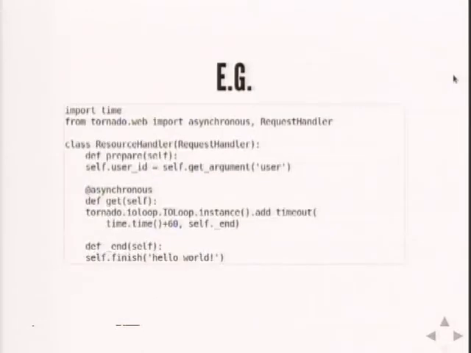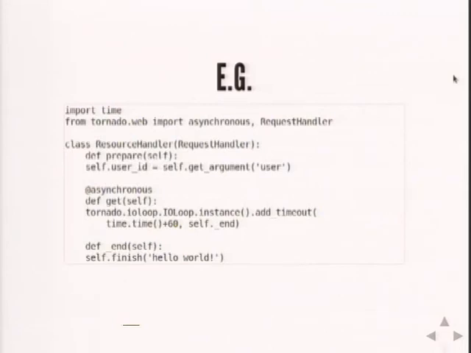And we just set up a tuple of, in this case, the resources path, which can be a regular expression, like in most routing handlers. And it just says, this is the handler that will handle anything that goes to this path. In the handler itself, which yet again looks like a lot of common web framework classes, request handlers, we inherit the Tornado request handler, and then we just have some setup.